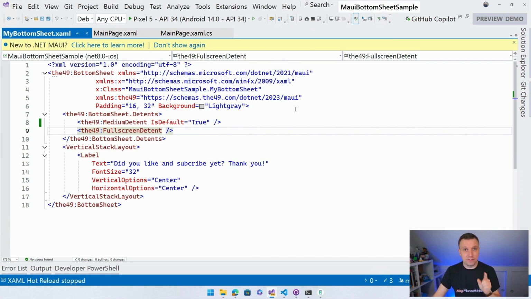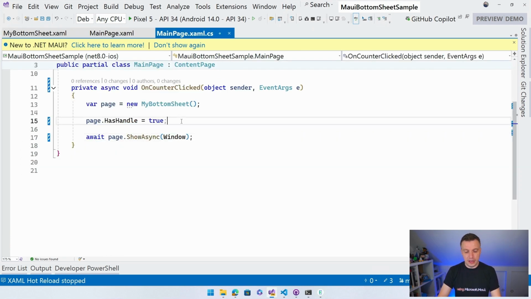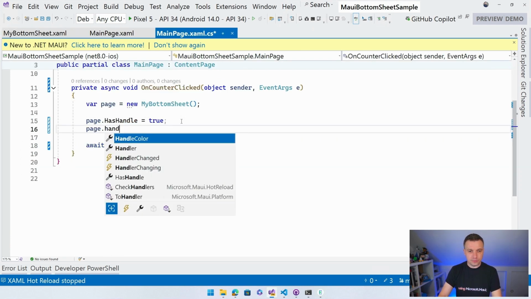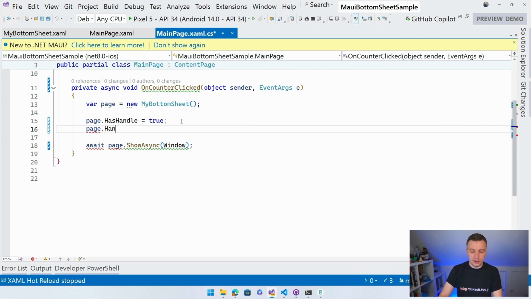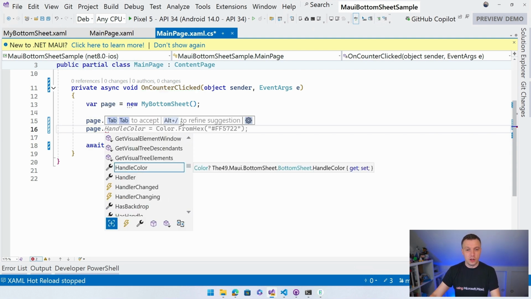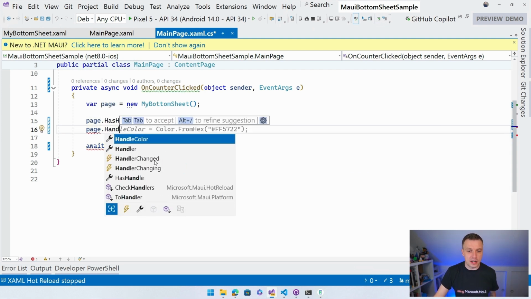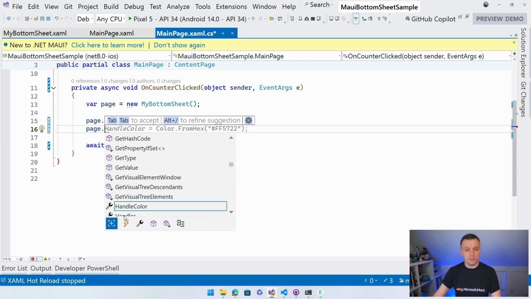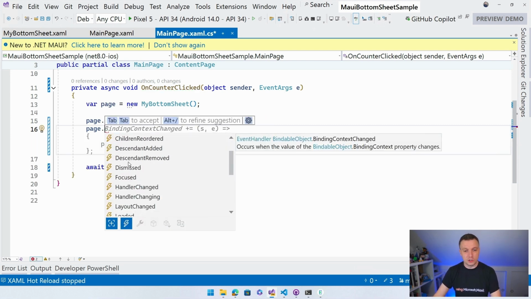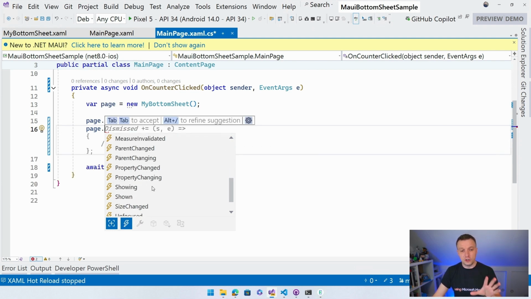Now, one thing that you might have noticed is that the handle was not showing, right? So let's fix that for Android. For iOS, I think it works perfectly, but for Android, even if I set here the page handle color, and you can see there's a lot here, right? If I do handle, you can see handler changed. Oh, this is actually from .NET MAUI. But there's all kinds of events here like, hey, was it shown? Was it dismissed? See, was it dismissed? So there is a lot of stuff, shown and showing, that you can hook into to make this your own and integrate it inside of your application nicely.